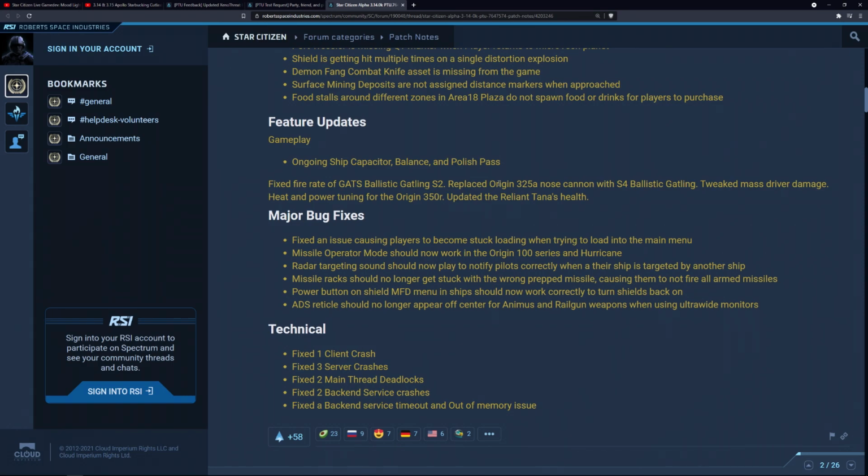But let's talk about a few of the other changes. Tweaked mass driver's damage, not saying if it increased or decreased it. And heat and power tuning of the Origin 350R. I actually just flew an Origin 350R tonight in the 3.13 live patch. I can say that it's performing very well in that patch, although I suspect it'll be a completely different beast in 3.14K. So once this patch is stable, and I'll get to that in a moment,